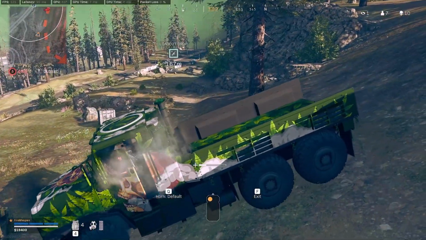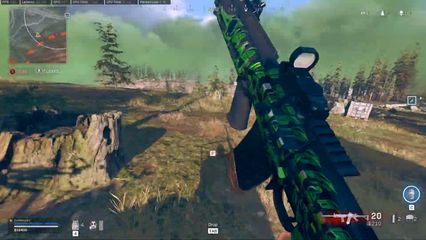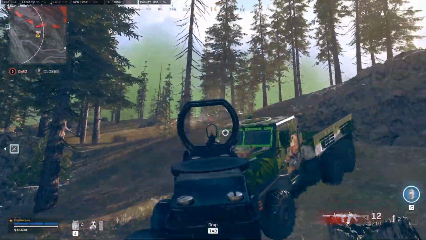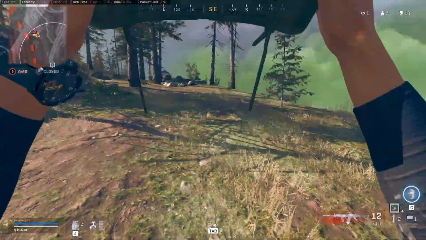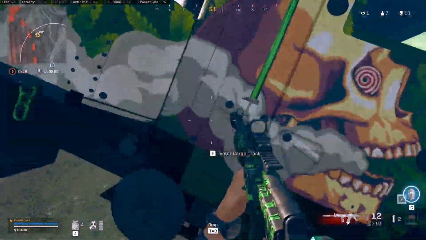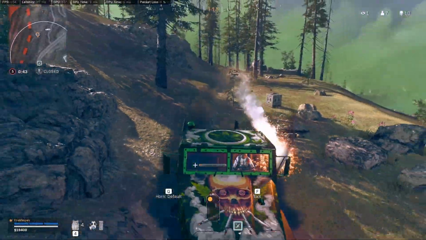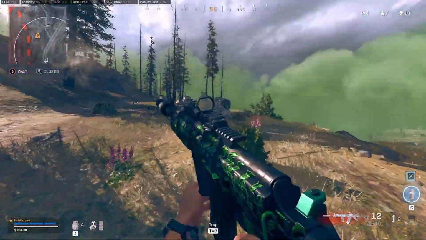I spot this Jeep coming along the side of the cliffside, and I try to actually lay a claymore trap for him, but he doesn't go the same way. I go ahead and I move it just to double check, and I narrowly dodge a stun grenade by jumping back in the truck. As my truck starts spitting a new mixtape, I jump out before it blows up, and I land the stun